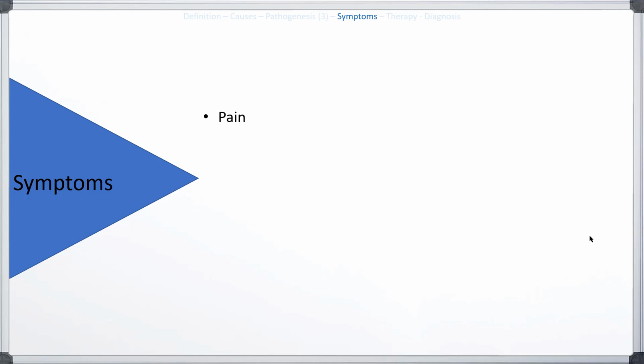The symptoms of equine recurrent uveitis are pain. The eye will be extremely painful and the horse will try to shut its eyes as much as possible because any light will cause pain. This is called photophobia. There will be an increased amount of tears produced, corneal edema, which will give the cornea a gray-blue color, miosis, constriction of the pupil muscles,